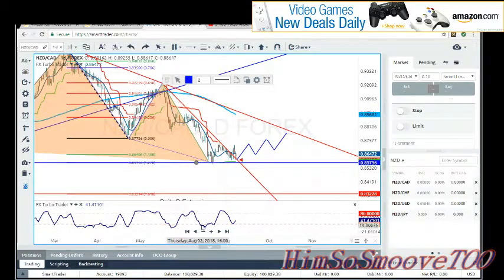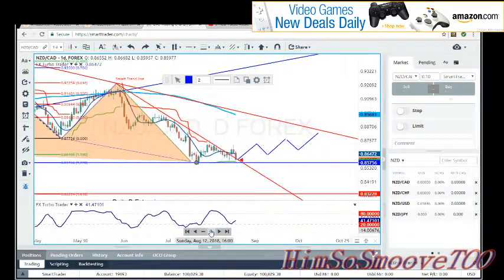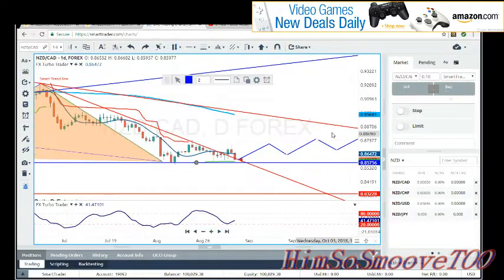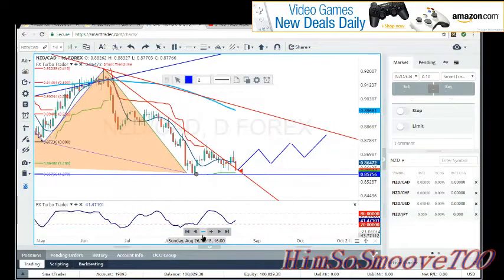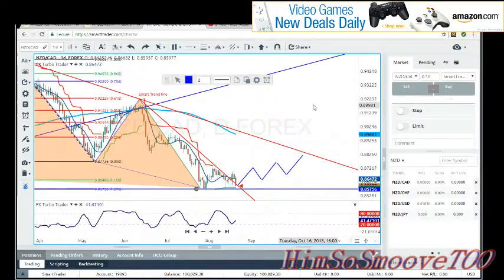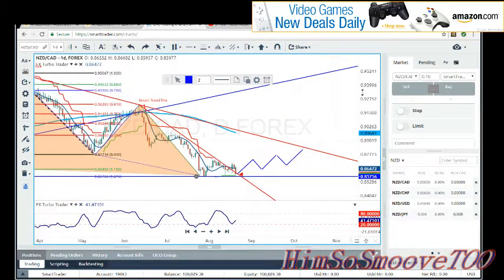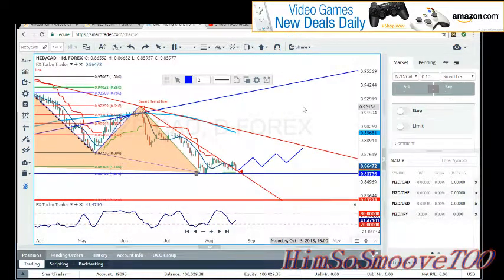So what we want to do is we want to wait for this market to show a signal that it wants to wave up, wave down, wave up to this outer trend line as this inner trend line is broken right now. So for this upcoming week, even though this market is bearish right now,